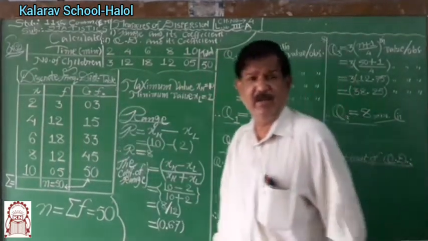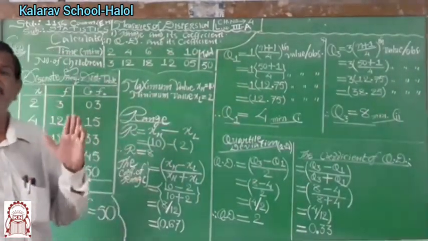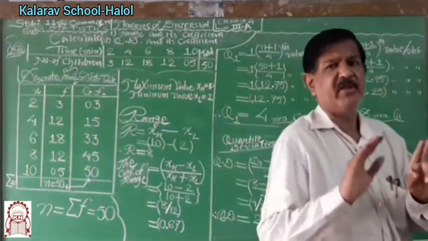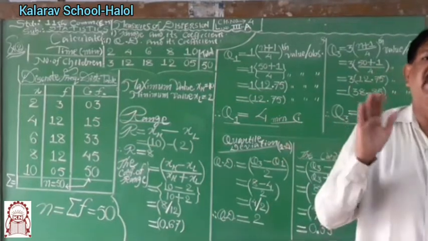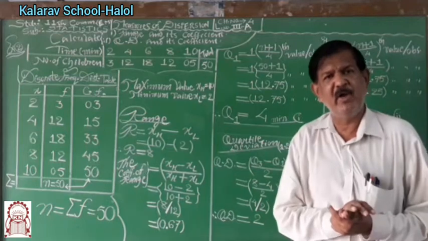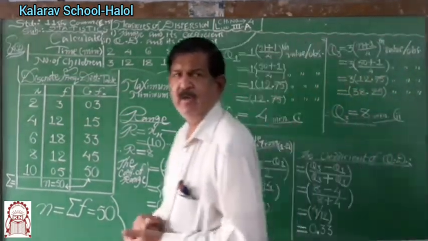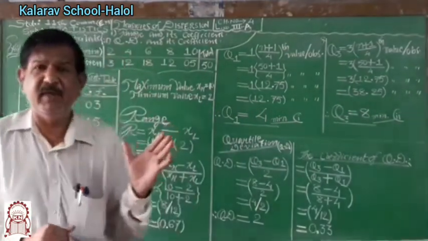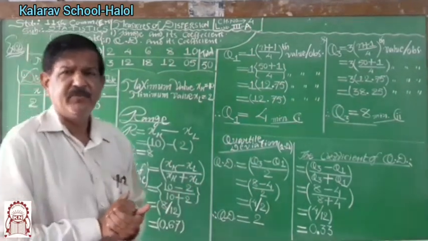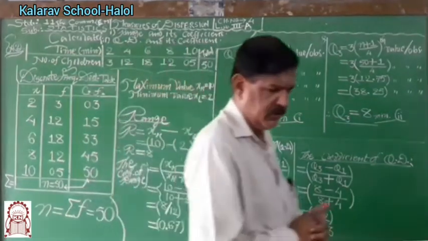This is a discrete type frequency distribution, because these are integer values, whole numbers. If the classes are given, then it is a continuous type frequency distribution. In continuous type frequency distribution, mainly two types of classes are given, exclusive type classes or inclusive type classes, and you apply the formula as per the given distribution and the required measure. In the first lecture, we saw the list of formulas for this chapter, the basic and preliminary lecture of this chapter, measures of dispersion.